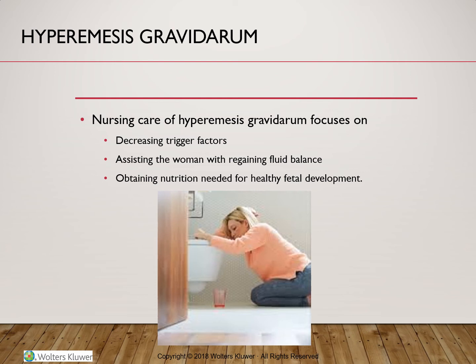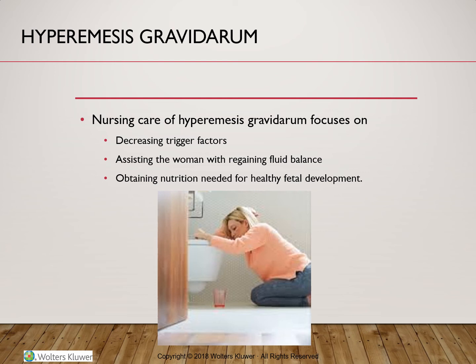For those where the non-pharmacological measures are not helping, and for those with severe dehydration, we may end up hospitalizing the patient to correct the fluid and electrolyte, as well as acid-base imbalances. Typically, the treatment will be IV solutions to treat the dehydration. We'll add glucose for a source of energy. We'll supplement with electrolytes and multivitamins.